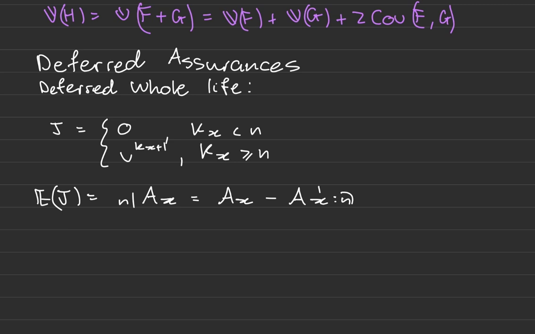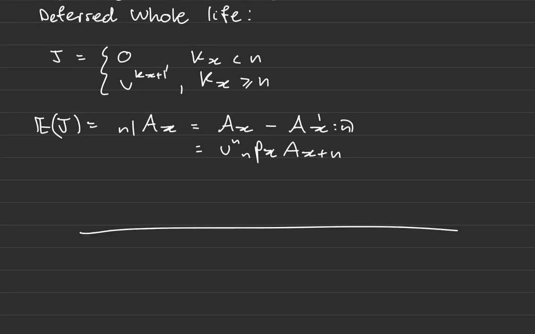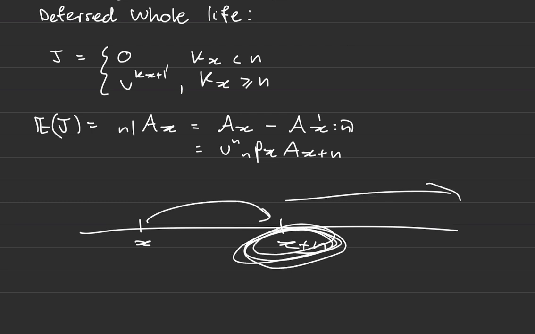So this will be equal to v to the n npx, a x plus n. So what does that mean? That means that, going back to my timeline, someone aged x here, someone aged x plus n here, I'm taking that this life aged x survives to that point. I then give them a whole life assurance contract for the rest of their life once they've arrived at x